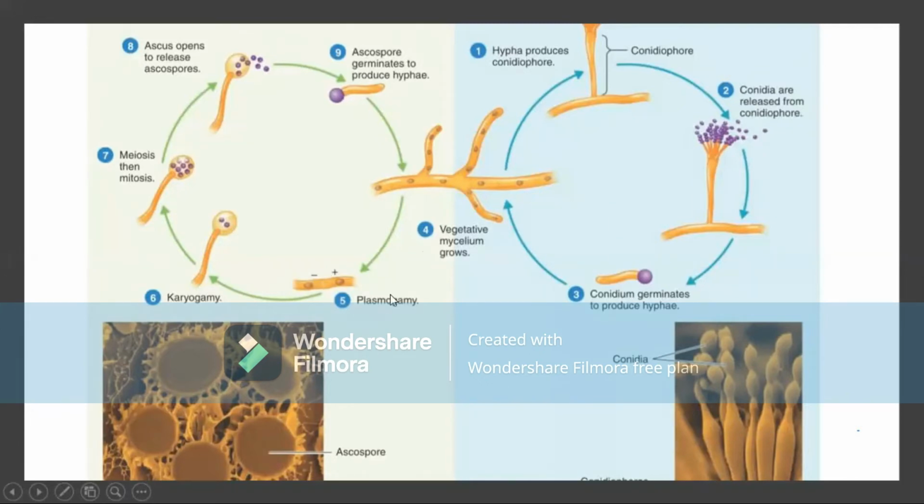So as you can see, whenever the two hypha are fused, first plasmogamy happens, and then they establish themselves. They do not immediately form a spore, while at some later stage of the cycle they have to be fused, because the cycle should move on. But unlike Zygomycota, they are not immediately fused after plasmogamy. So then karyogamy happens, and then meiosis, and then mitosis, and these are the cell divisions that form